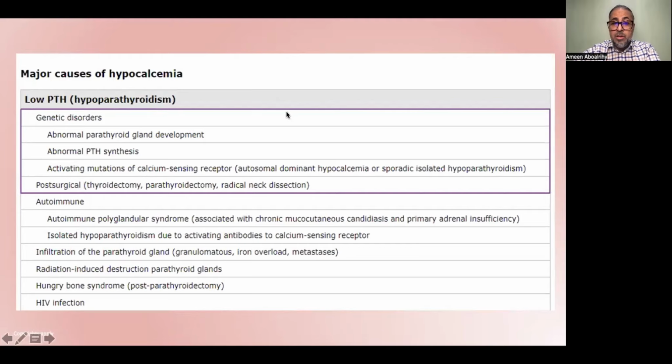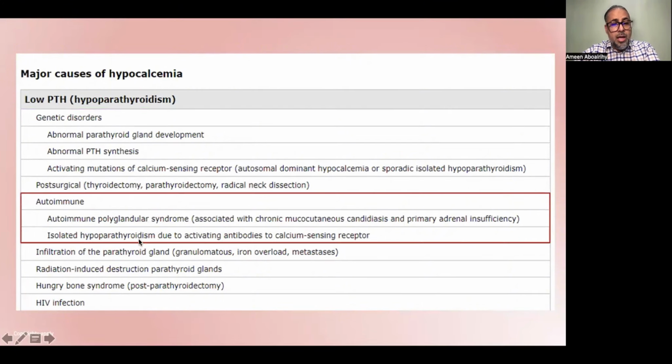Whenever the calcium level is fine, the calcium will bind these receptors to reduce the PTH secretion. Or post-surgical, of course, some autoimmune diseases, as you know, the autoimmune polyglandular syndromes and isolated